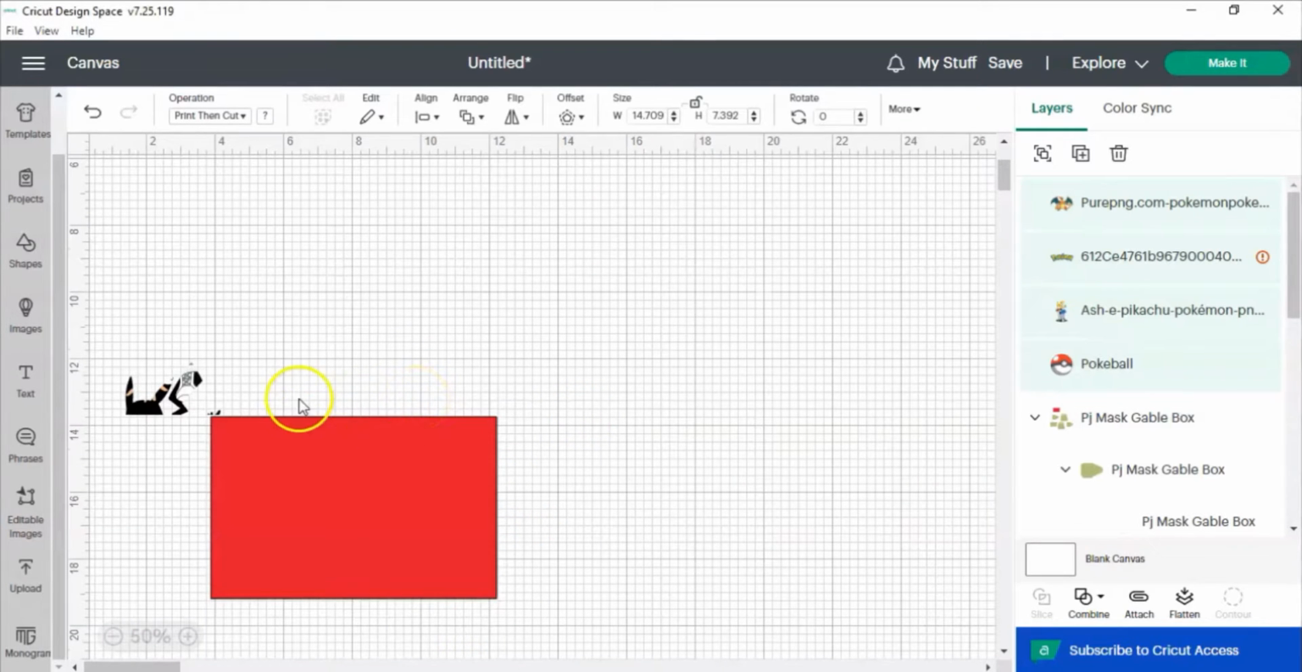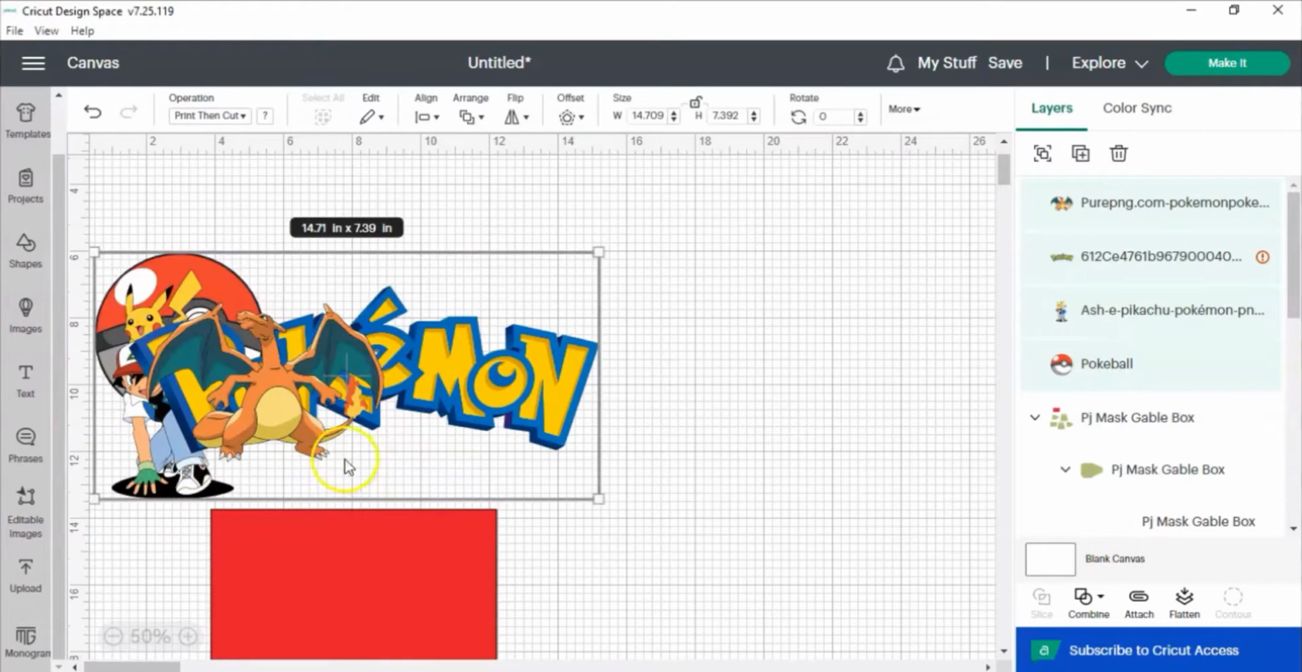See, this is what I hate when Cricut Design Space does this. Like, what? Come on. Anyways,